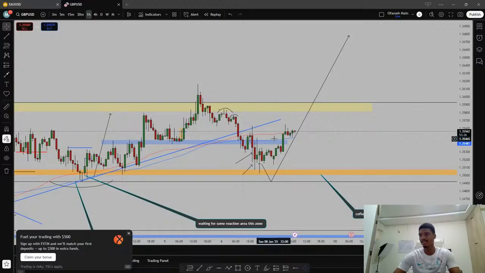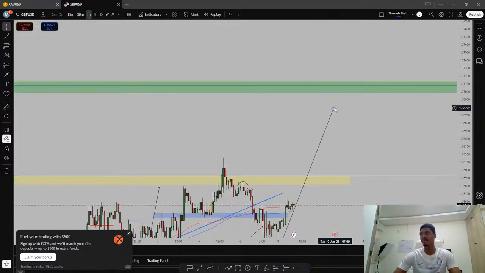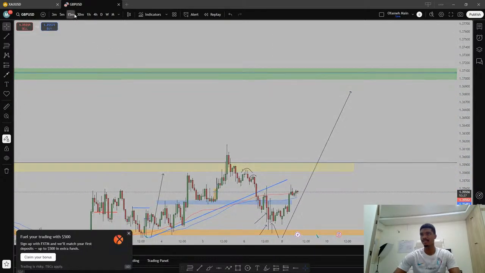The next thing we are seeing is that price has started the bullish continuation again, right? Remember, I said this is our overall target. So on XAU, right? On